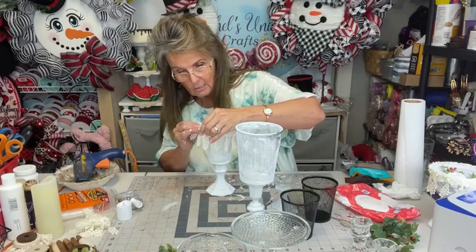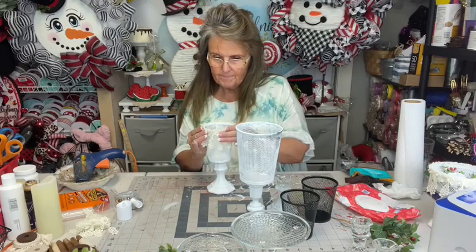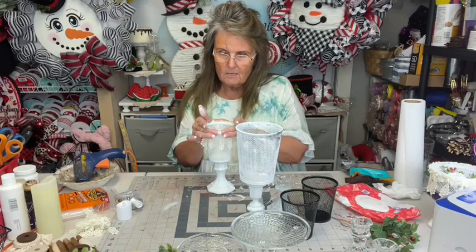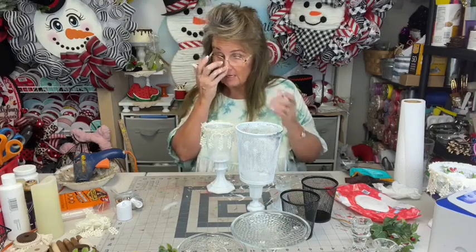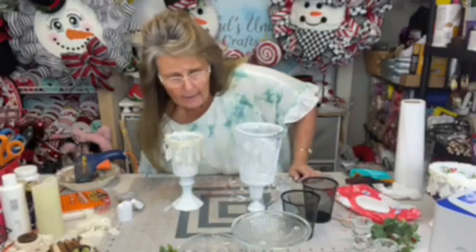Now you can do these. You don't have to put lace on them if you don't want to. In fact, if you wanted them real country, you could paint them brown. If you wanted them farmhouse, you could put the black and tan,